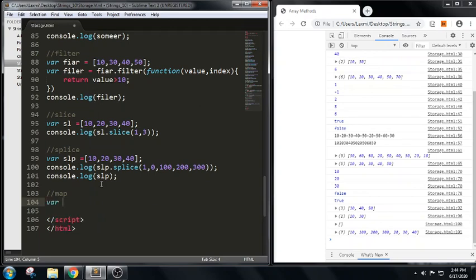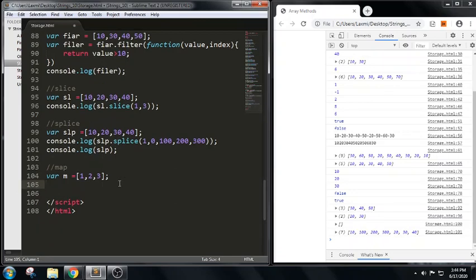I have taken m equals 1, 2, 3. I am trying to do this example without map. Later on we will try to implement the same example using map. First let us see without using map how we can do the same solution. And next one, I am trying to write let area equals some empty.